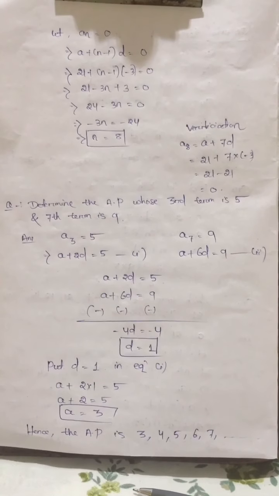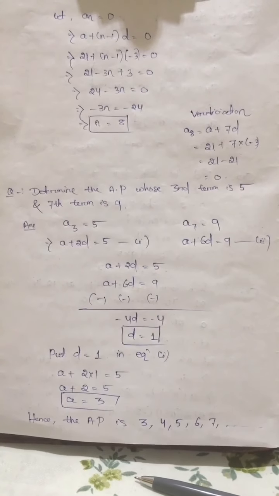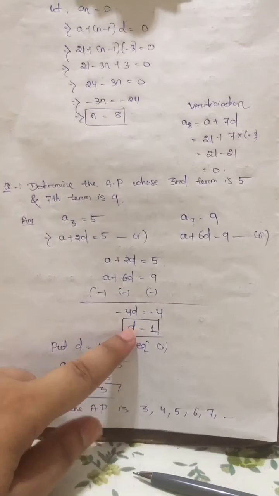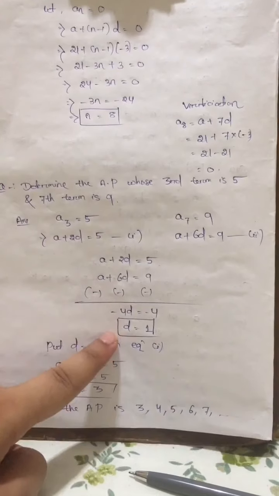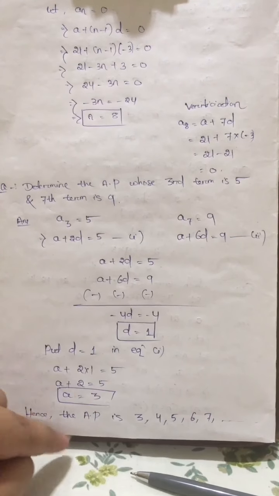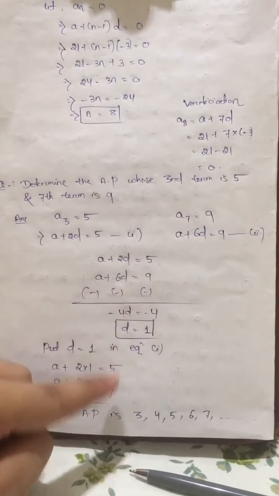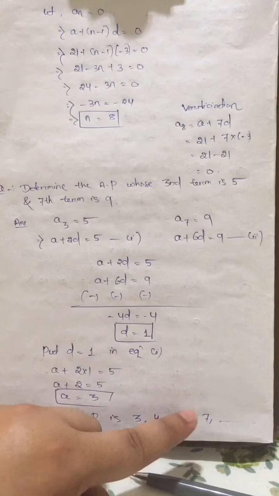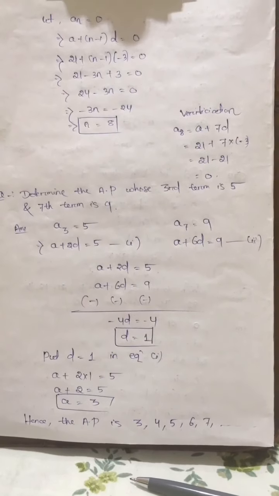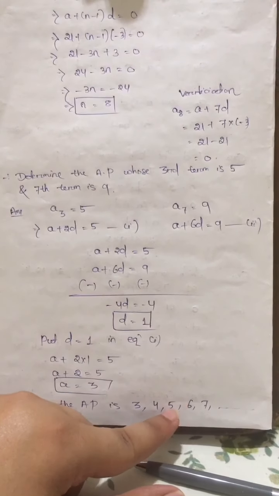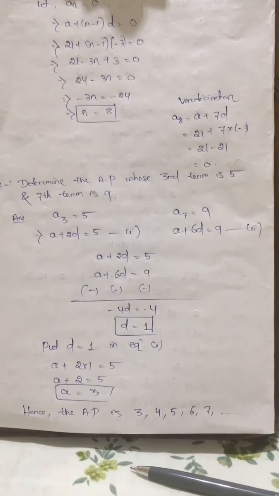Here we'll use the elimination method of linear equations in two variables, where we can get the values of a and d. By using the elimination method, I got d equal to 1 and a equal to 3. So the first term will be 3 and then we keep adding 1. So 3 plus 1 is 4, 4 plus 1 is 5, 5 plus 1 is 6, 6 plus 1 is 7, 7 plus 1 is 8. Don't write all the numbers, just put the dot sign. Check here whether the third term is coming as 5. It is also given that the third term is 5, so the third term is equal to 5.